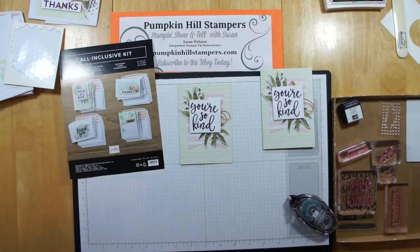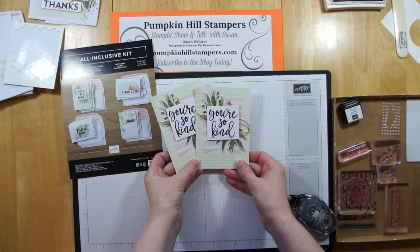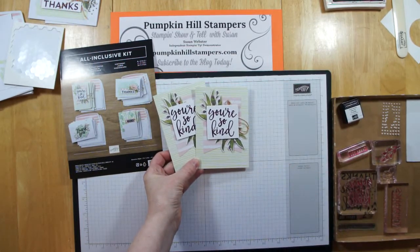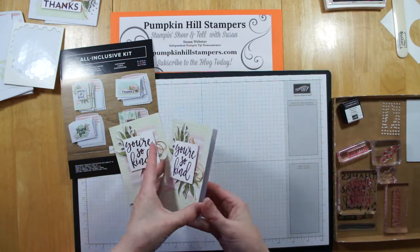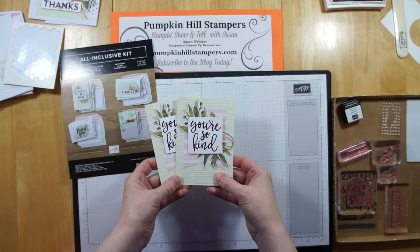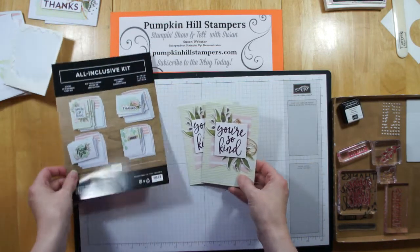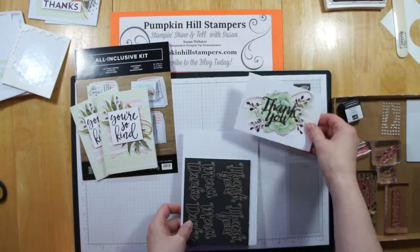Okay, so those are great. I'll have them on hand. I can send them out for my random act of kindness cards, or I can send them to a customer. And really nice, right? White note cards, you can write a little note inside to send to somebody to cheer them up or just to say hello. All right, so let's do the second one now. All right, so this one,